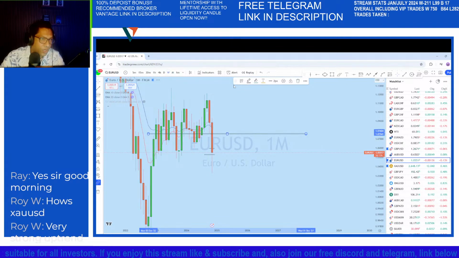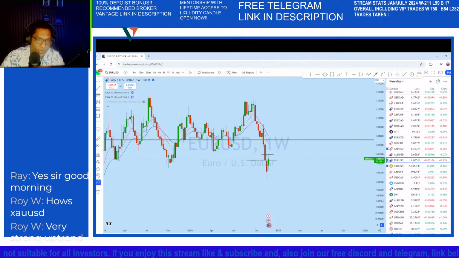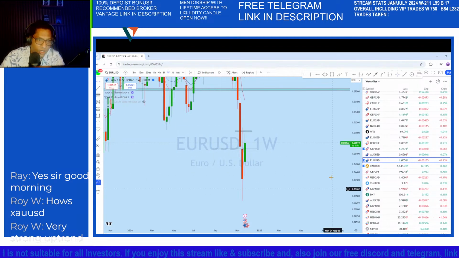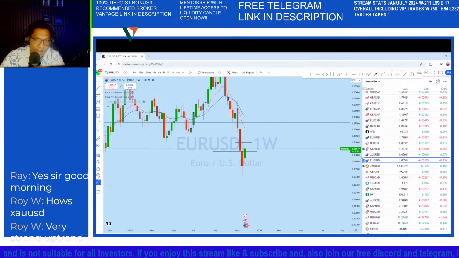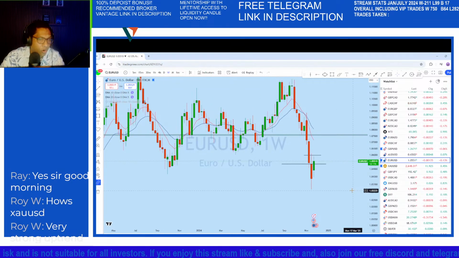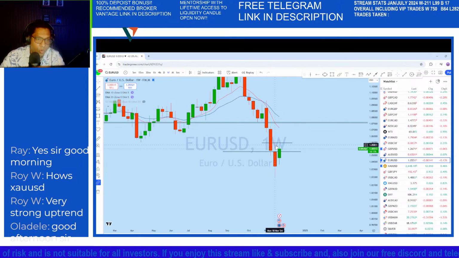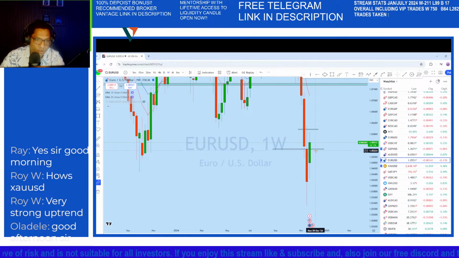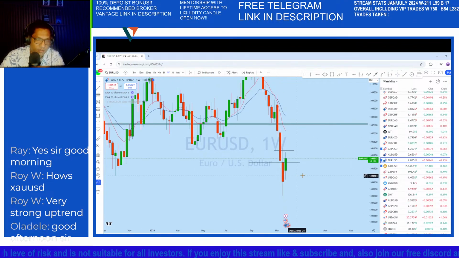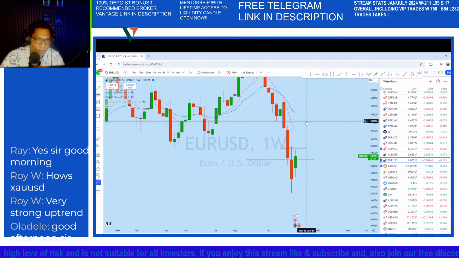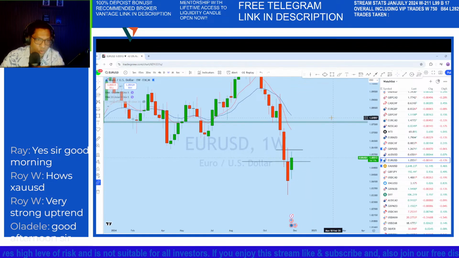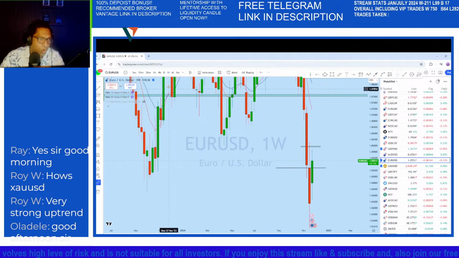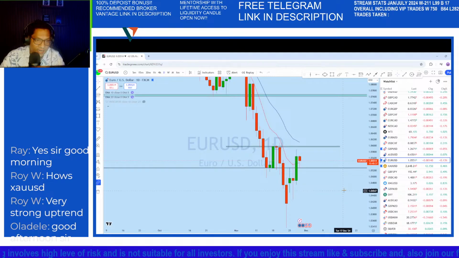If we look at the weekly chart, this is the weekly price action, and with that weekly movement on euro dollar, we can expect the market to return back to the upside. And I think we might see the prices going back up to hit that swing low. Now if we look at the daily chart,